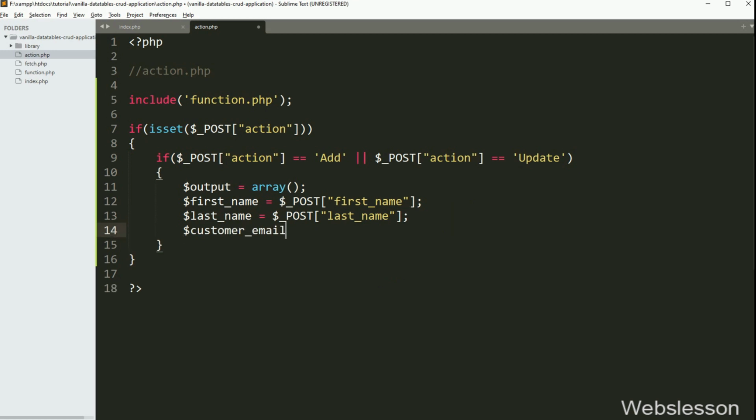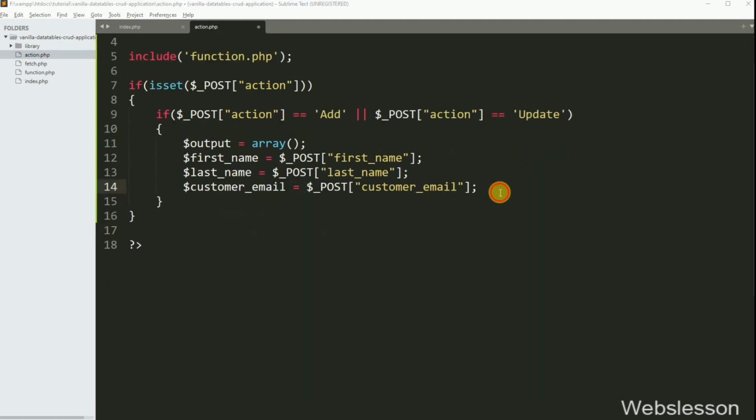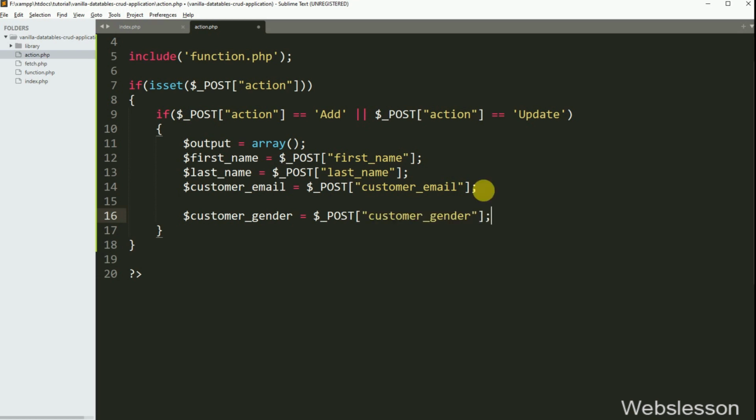Same way, to store customer email text box data, here we have written $customerEmail variable is equal to $_POST customerEmail variable. And then to store customer gender form data, here we have written $customerGender variable is equal to $_POST customerGender variable. So here we have stored form data in local variables.